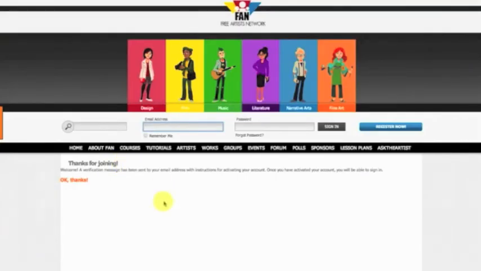Now, once you're done, you're going to receive an email with a verification code or a verification link for you to click on to activate your account. We have these settings set up so that your email should arrive in your inbox. If for any reason it doesn't, you may want to check your spam folder just to make sure that it didn't go there. But you should get that email with a confirmation link. Simply click on that link to confirm your account, and then once you've done that, you can go ahead and visit the Free Artist Network, and you can log in, and that's all you have to do. Just enter in your email address and your password, click sign in here, and then you're good to go. And that's how you sign up for the Free Artist Network.